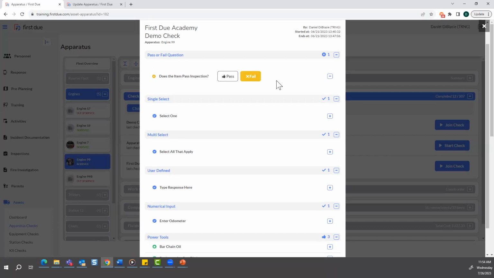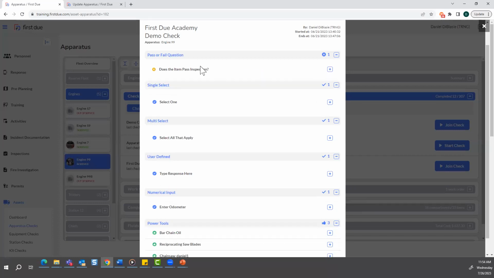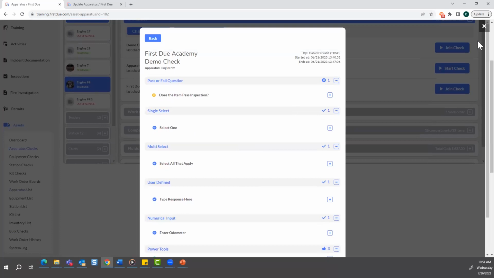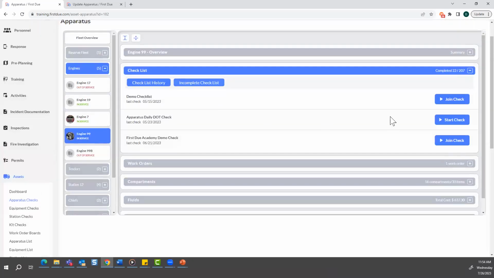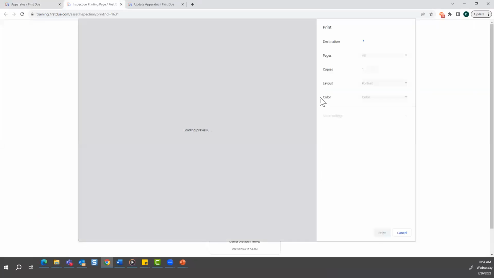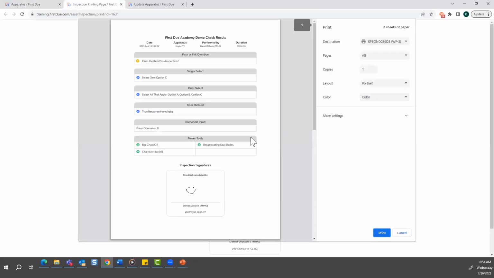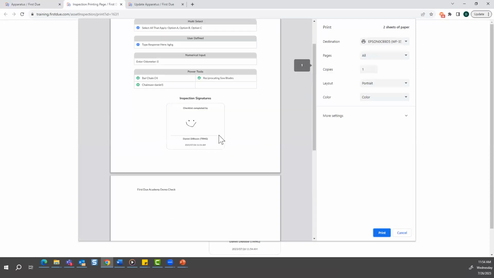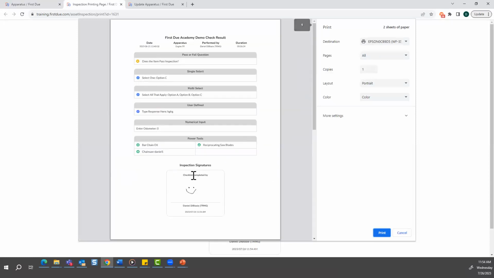Did it pass inspection? We'll see here that it failed. We can go through and take a look at all of that. Also, if we take a look at the checklist history, we can see a printer-friendly view that can be printed to PDF, where from this view we'll also see the inspection signature that